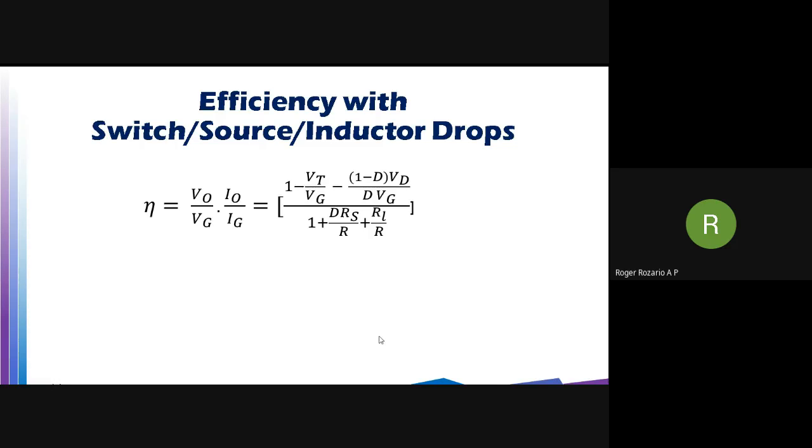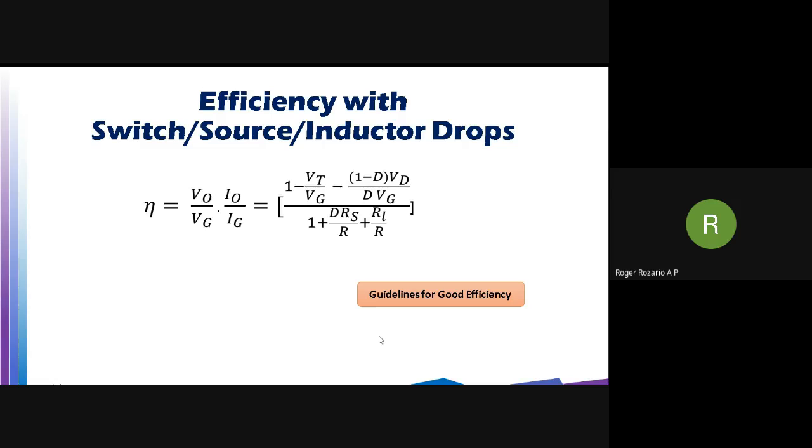So when you combine them, you have this efficiency value as 1 minus Vt by Vg minus (1 minus d) into Vd by dVg, which is the correction factor for the switch non-ideality in the numerator, divided by 1 plus d into Rs by R plus RL by R in the denominator, which is the correction factor for the source and the inductor non-ideality. So this is the efficiency, and from this we can